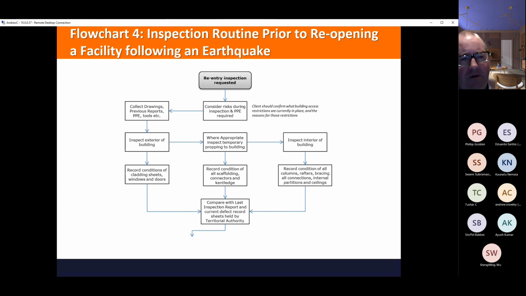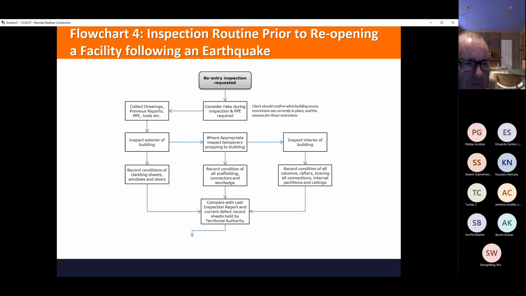So hopefully you may have had previous experience with this building, as you or your company may have been involved in the inspection on previous occasions. So work from the outside to the in. So you inspect the exterior of the building, and if necessary, look at any temporary propping that's being put in.